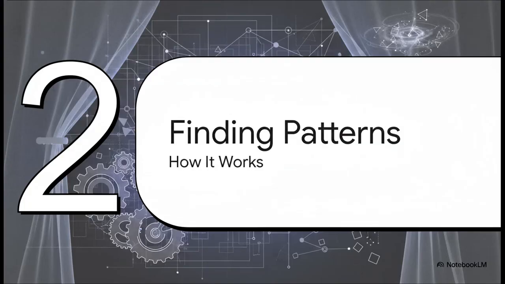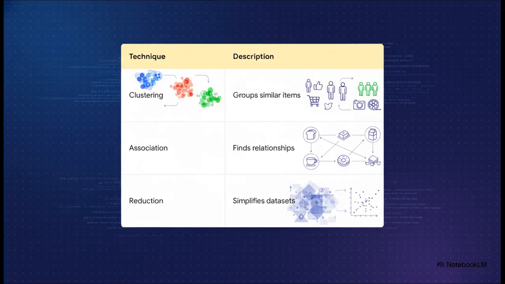Moving right along, let's look at Section 2, how algorithms find patterns. And this brilliantly illustrates the mechanics behind the curtain. To organize the vast unknown, algorithms generally rely on three primary techniques. First up is clustering, which divides data into groups based on inherent similarities. If customer purchasing behaviors share statistical traits, the algorithm automatically groups them together, making it the absolute backbone of modern customer segmentation. Then we have association, which maps relationships between distinct items, like noticing that a high volume of users who buy bread and butter also tend to buy milk, mapping that relationship without even knowing what the products actually